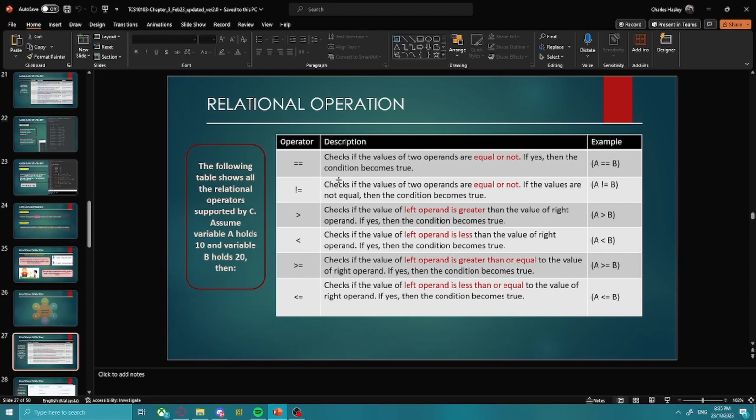So here it checks whether the two operands are equal or not with the equal sign. If A is equal to 1 and B is equal to 1, it checks whether it's equal or not. If A is equal to B, then the answer is true. If A is equal to 1 and B is equal to 0, with this operand, it checks whether it is equal or not. Since A is 1 and B is 0, it is not equal,